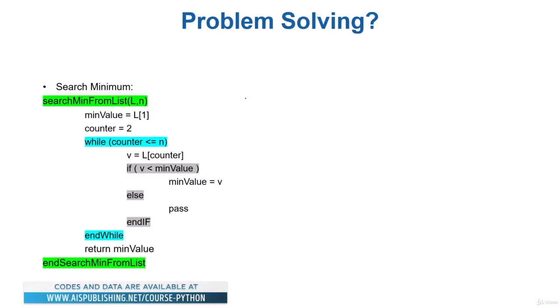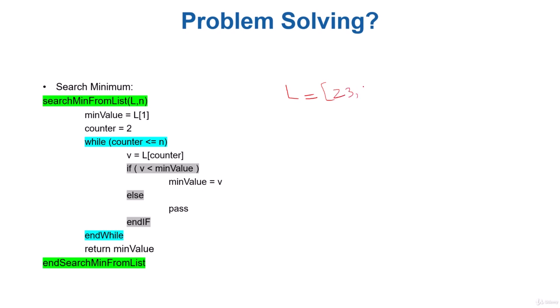Okay, let's dive into a real problem. Let's say you are given a list of numbers. Let's say L is some list with numbers. Let's say we define a list by these square brackets. Let's say the list contains 23, minus 4, 0, 73, minus 10, and maybe 13. So let's just take an example that we have 1, 2, 3, 4, 5, 6 values in